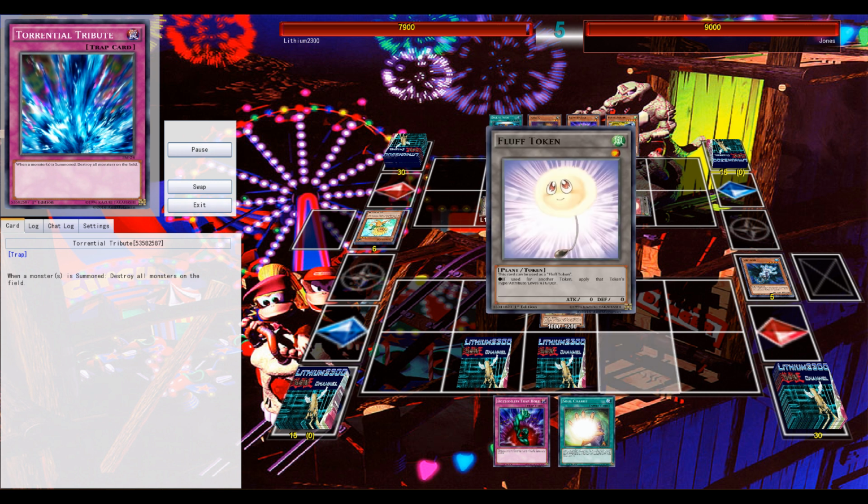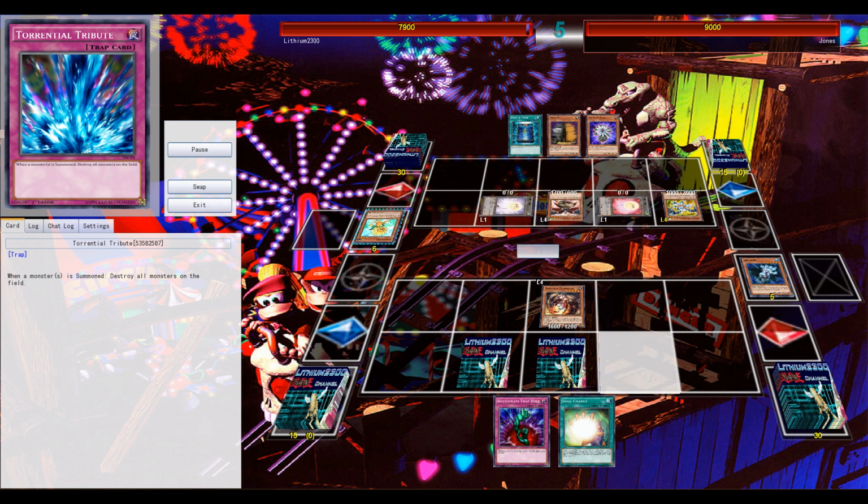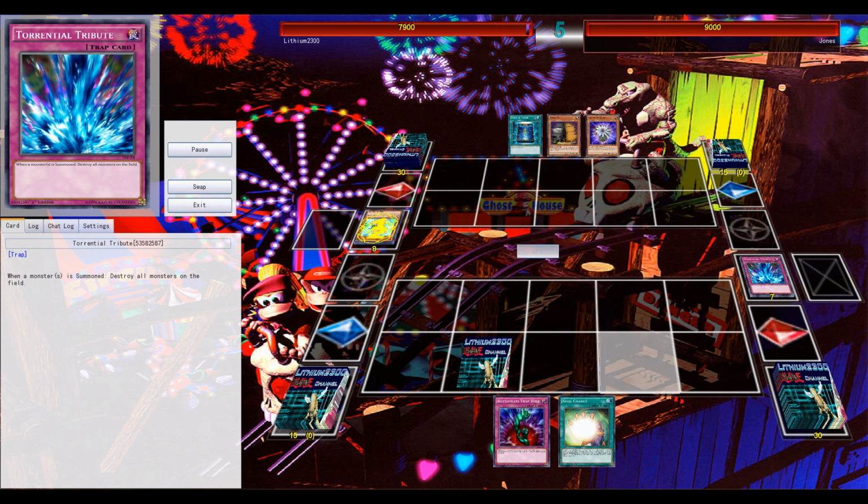I let both his attacks go through. I mean, with the fire hand and the ice hand, since I do have a follow-up play in the form of Soul Charge to get both hands back on the field. And Torrential Tribute lurking in the background,